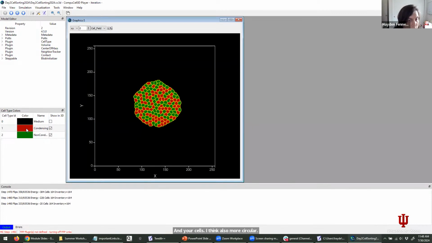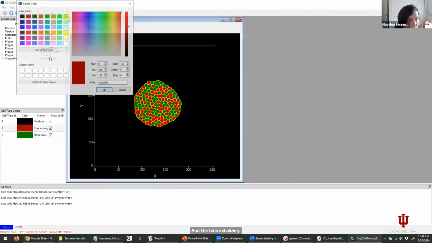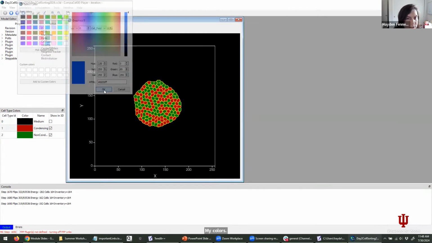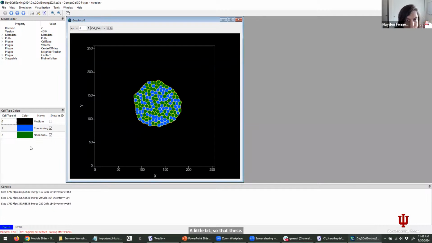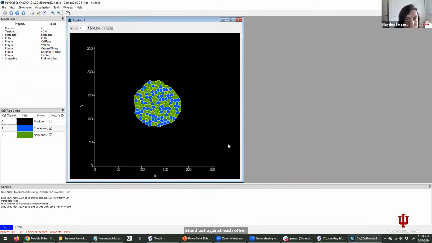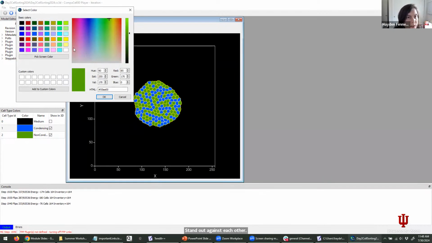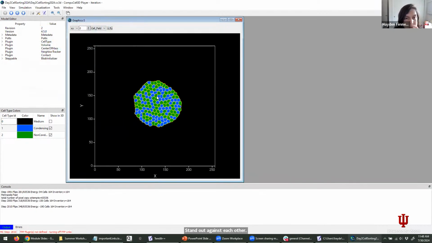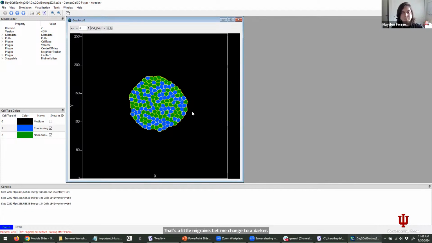I'm going to change my colors a little bit so that these stand out against each other a little bit more. Like this. Oh, that's a little migraine-y. Let me change to a darker. Oh, okay, that looks all right. So you'll notice that when we first start running our simulation,